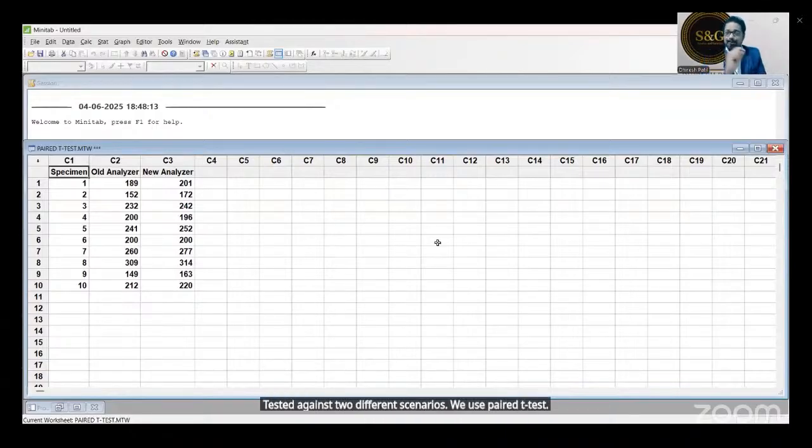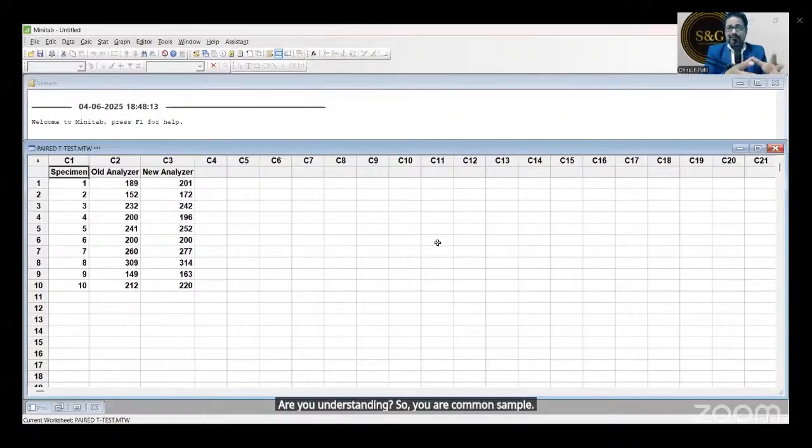I will give you an example. Let's say you are weighing yourself on your own weighing scale at your residence and in the gym, back to back, every day. That is called a paired t-test. So you are the common sample.